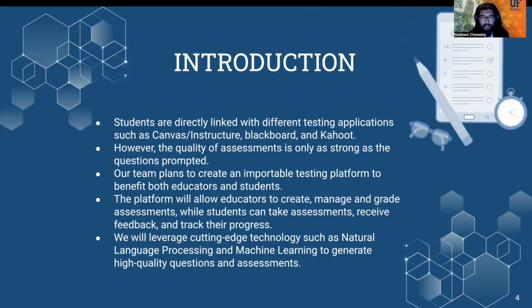It'll allow educators to create, manage, and grade assessments, while students can easily take said assessments, track their stats, and easily get feedback from the teachers. We'll be using cutting-edge technology such as natural language processing and machine learning to generate very high-quality questions and complete